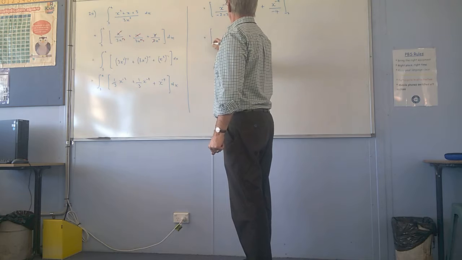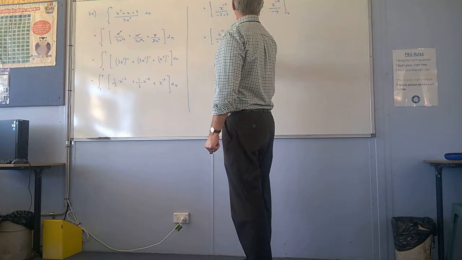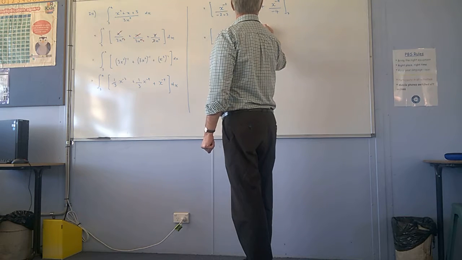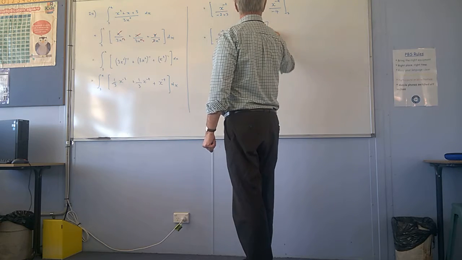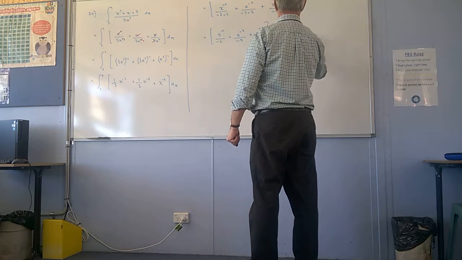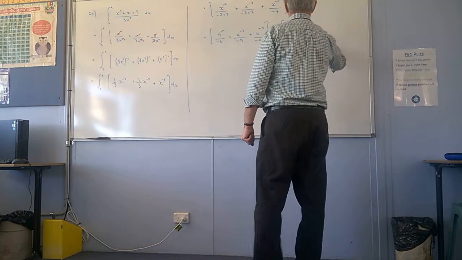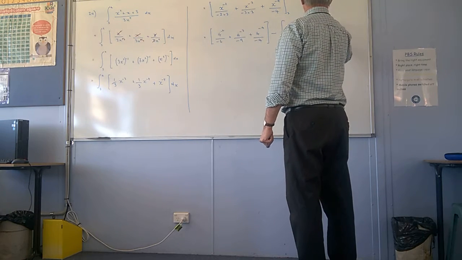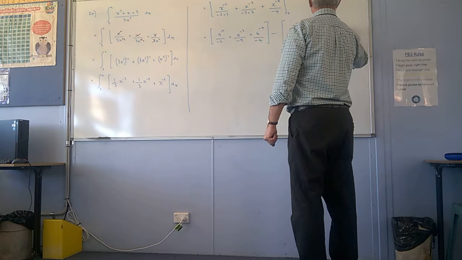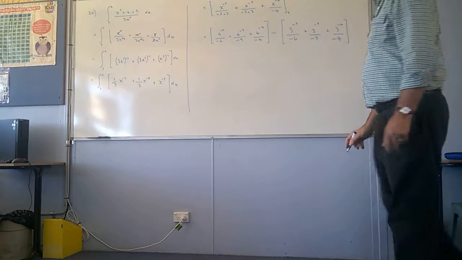Okay, so that's going to be 4 to the minus 2 over minus 6 plus 4 to the minus 3 over minus 9 plus 4 to the minus 4 over minus 4, minus 3 to the minus 2 over minus 6 plus 3 to the minus 3 over minus 9 plus 3 to the minus 4 over minus 4. Basically put that in your calculator and